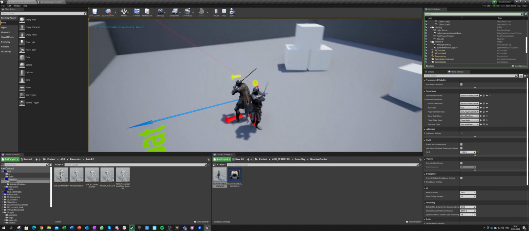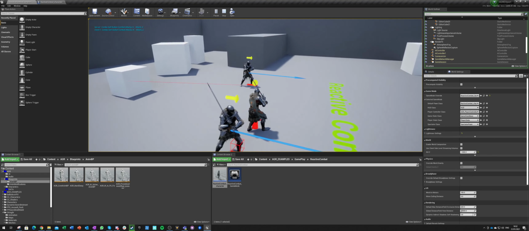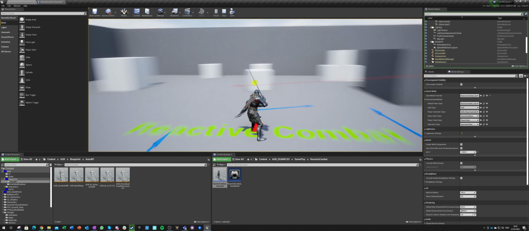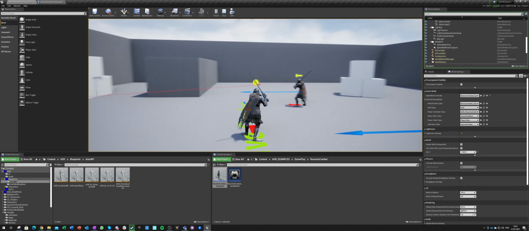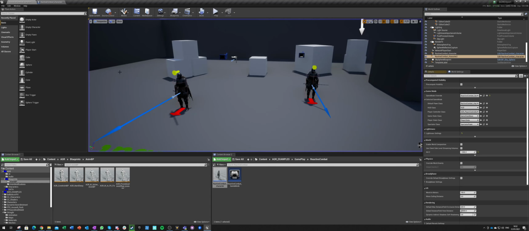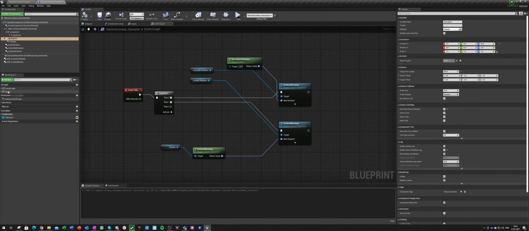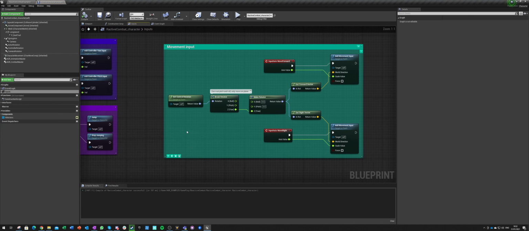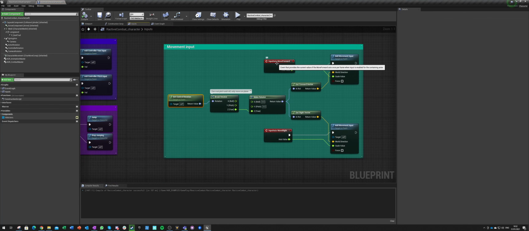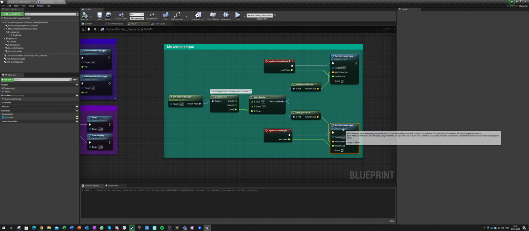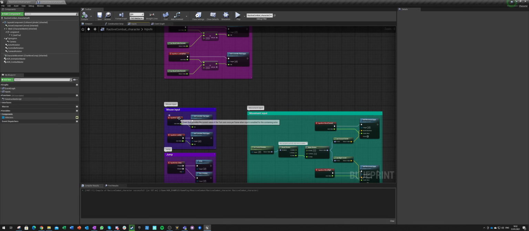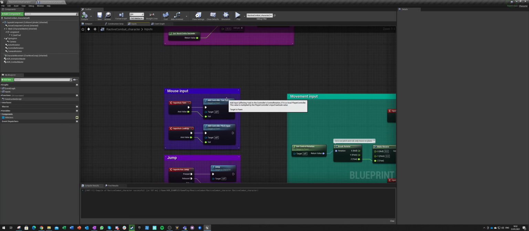What I need to do is, I cannot use this control rotation as my view rotation. I can't do that anymore. So instead of doing what you normally do on the event graph in your input, where you take your control rotation and add movement in relation to your control rotation, and same goes for mouse input, where you add control yaw input and pitch.